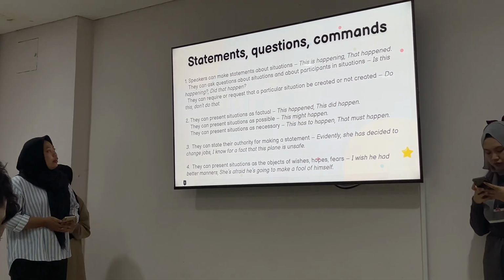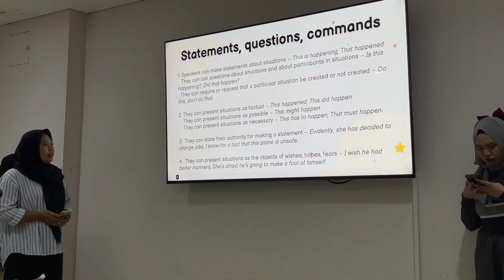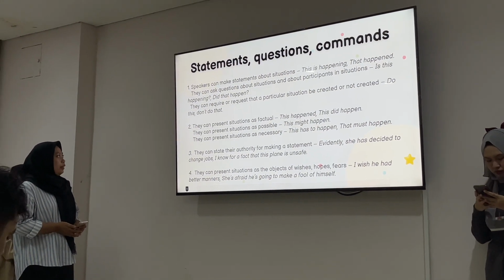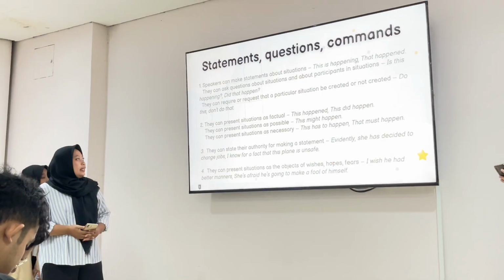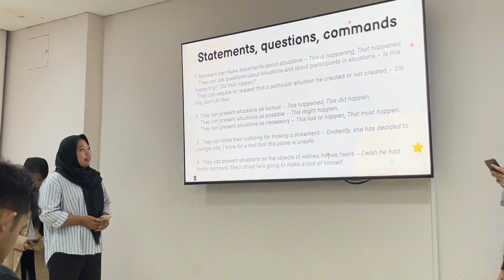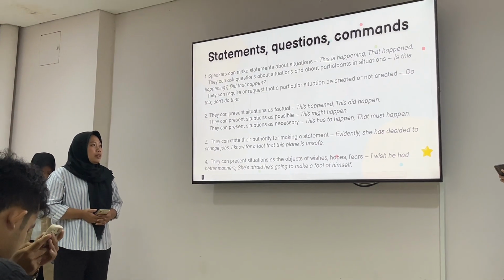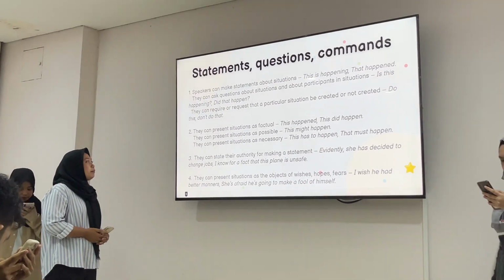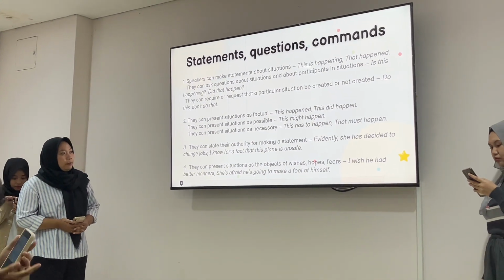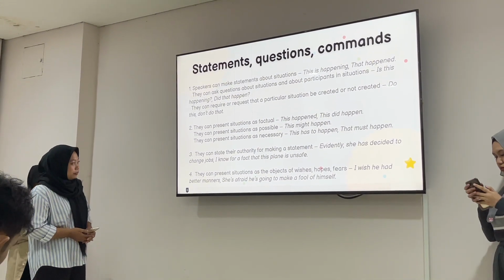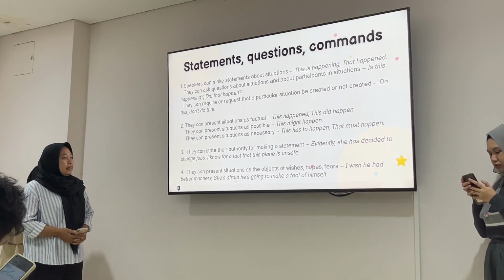And they can require or request that a particular situation be created or not created, like do this and don't do that. The second one is they can present a situation as factual, like this happened, this did happen. They can present a situation as possible, this might happen, and they can present a situation as necessary, this has to happen, that must happen. And next, they can state their authority for making a statement, like